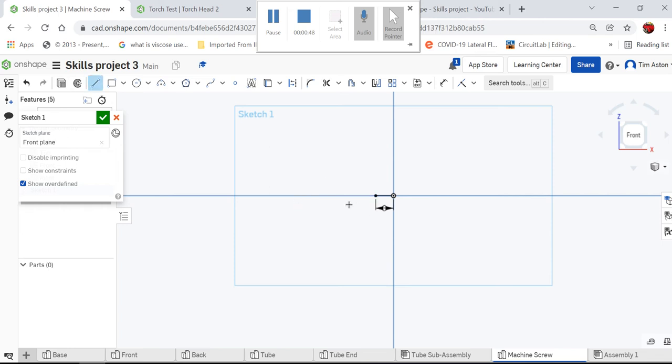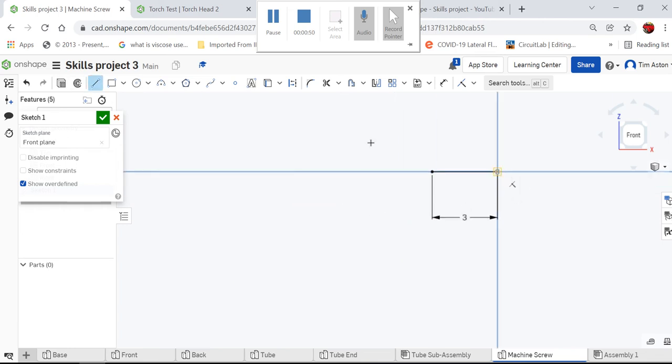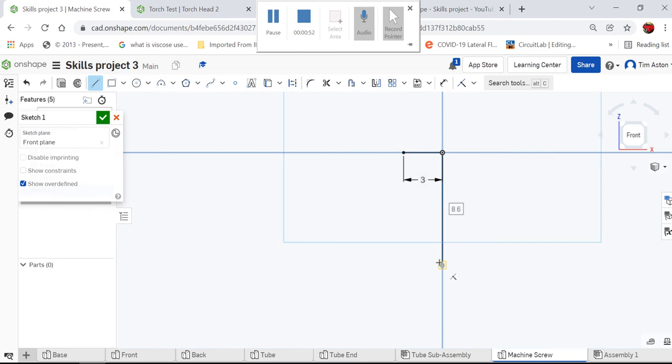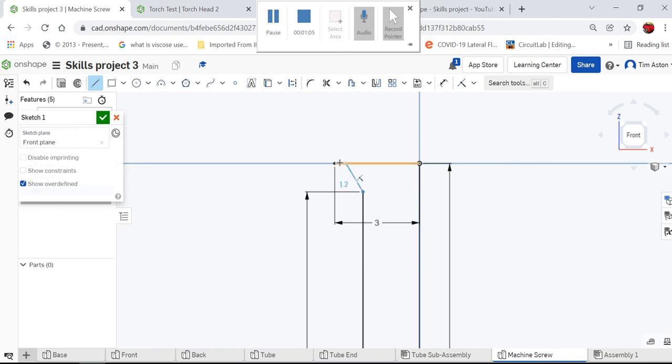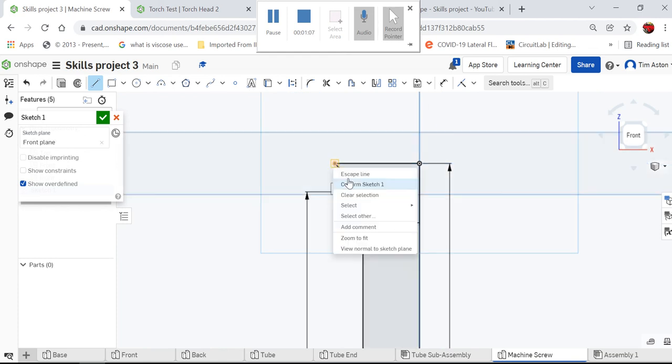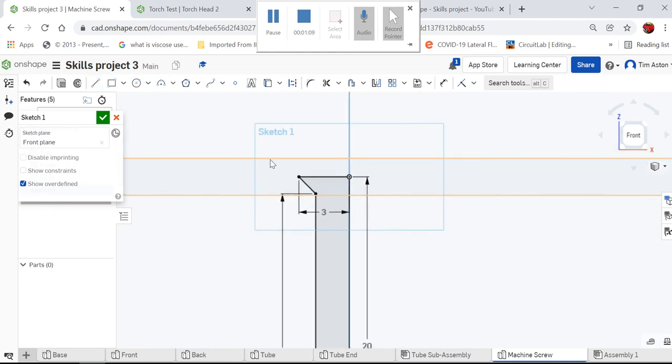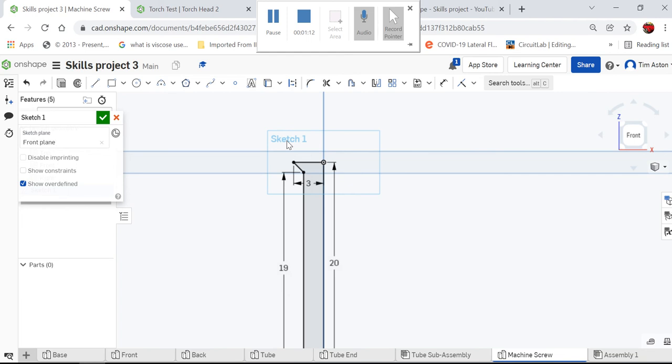Then I'm going to zoom in a little bit just to give us a bit of better perspective. Draw a line from the central node down by 20 mil. Draw a line accurately across through 2 mil. And then back up by 19 mil, and then that will leave us to join it up at the top through there. Now that is a sectional view, a half sectional view through the machine screw